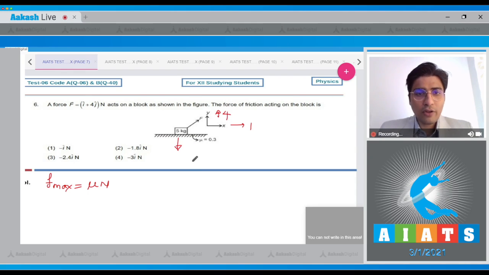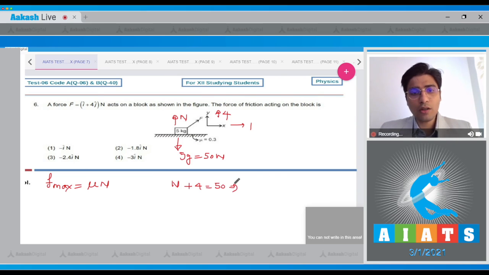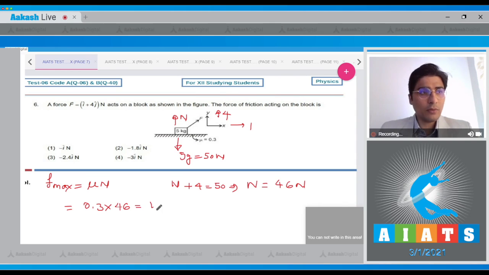There will be a downward gravitational pull that will be 5g, that is 50 Newton. There will be an upward normal as well. Now, since the block is in vertical equilibrium, we can write down that N plus 4 will be equal to 50, or N will be equal to 46 Newton. So the maximum value of frictional force, therefore, dear student, will be equal to mu, that is 0.3 into 46, and this will be equal to